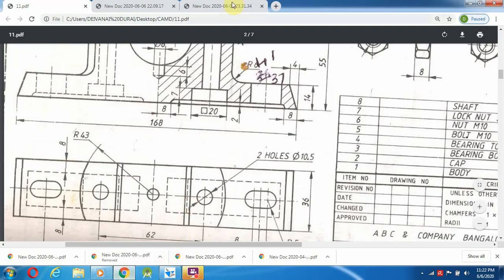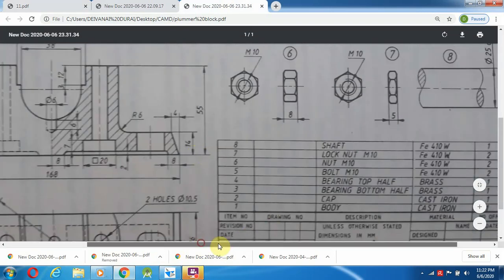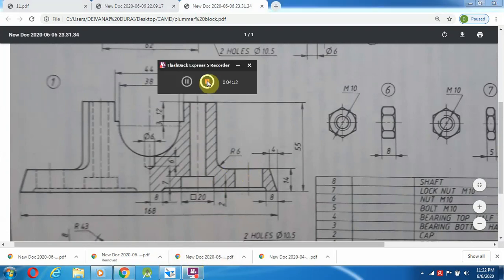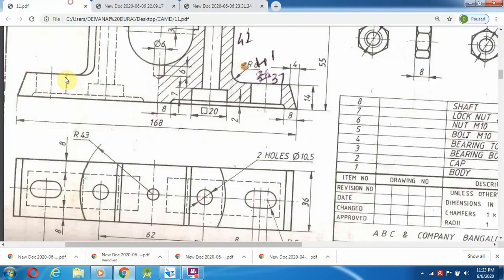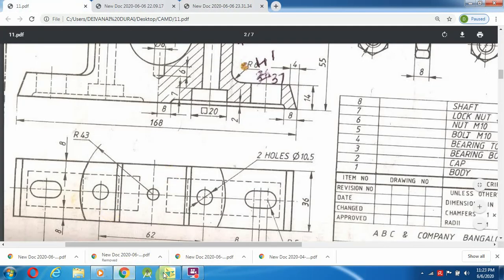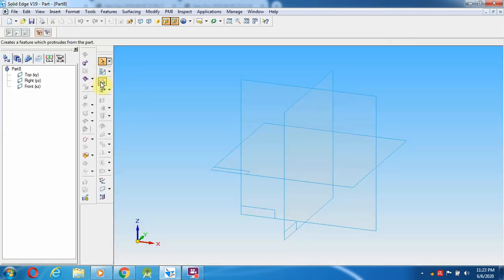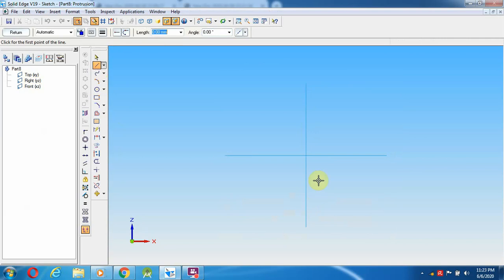To create this, what I am going to do, first initial step, is to draw a 168 mm length, starting as per the front view. So go to the solid part. Now I am going to the protrusion command, select front, select a line.